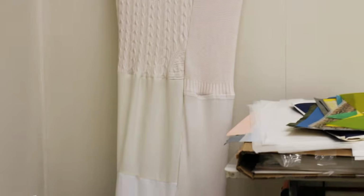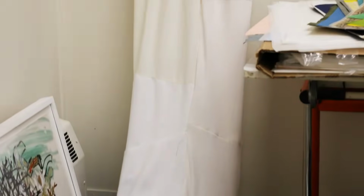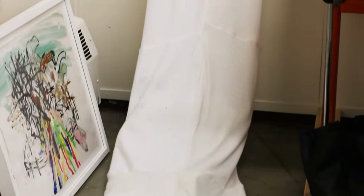But a lot of the material comes from found clothing, things that have been discarded and that I find on walks, things that my friends and family give me. Sometimes I use my own clothes. I buy a lot of clothes from secondhand stores, and to me, that's an important part of my process, connecting with these things that have been discarded and cast off,